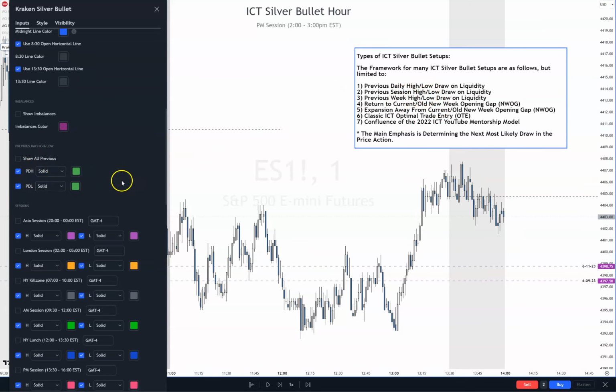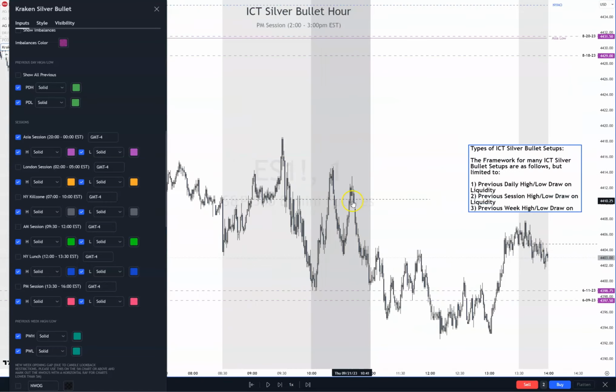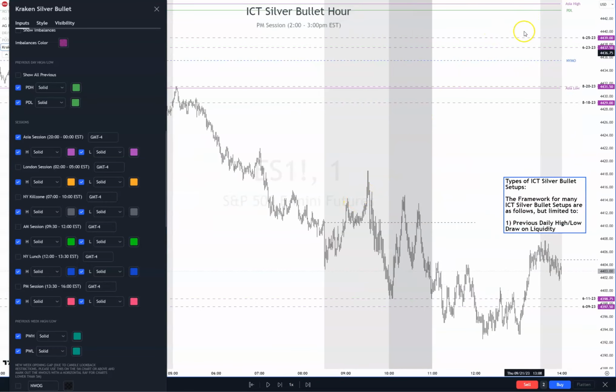Session highs and lows, right? Here are the sessions. Here you have the Asian session. You can turn this on and it'll turn on the high and the low. Let's turn them on. I don't know where they're going to be on here. Okay, it's not on here. Let's move this down. There you go. Asian high and low is up here. You can turn them off. Here's London